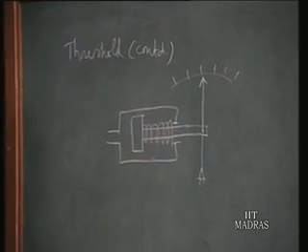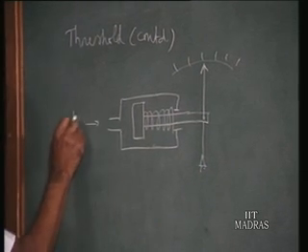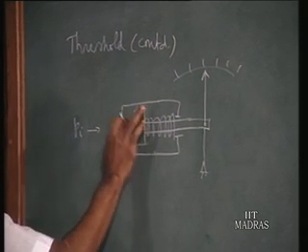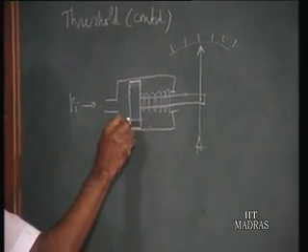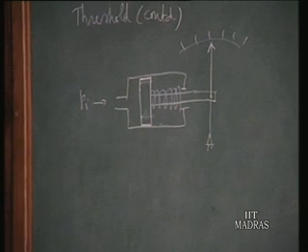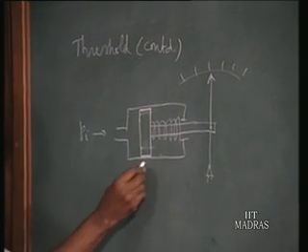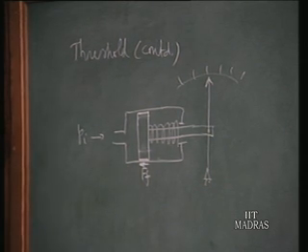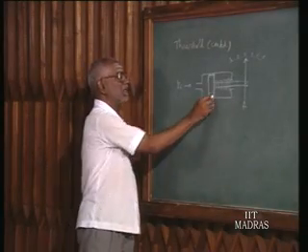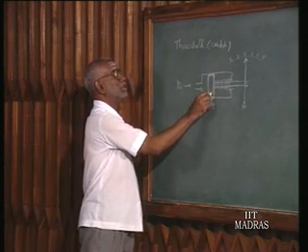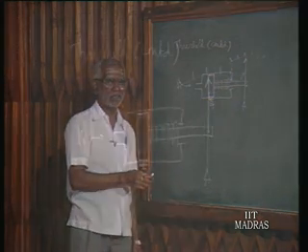If you analyze, you can easily find that there should be some increment in the pressure Pi, say delta Pi, to make the piston move within the cylinder. To make the piston move, it has to overcome the friction force. Whenever there is relative motion between two bodies, there is friction between them. Now the piston has to move within the cylinder with reference to the cylinder, so it has to overcome the friction force between the piston